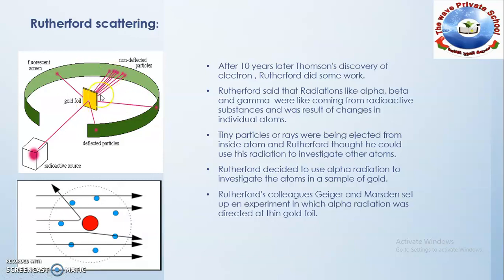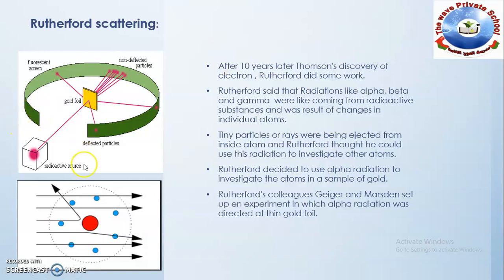As you can see here, when the particles strike the gold foil, some pass straight through the foil and are non-deflecting particles. You can see this on the fluorescent screen. But some particles pass the gold foil and change their direction, so we can say that they scattered their way. But some they found were deflected back in their own direction. They cannot pass through the foil.